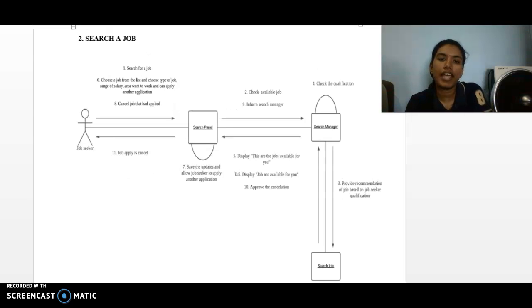This is a communication diagram for search a job. Job seeker is actor; search panel, search manager and search info are the objects. Job seeker will send message to search panel to search for a job, choose a job from the list